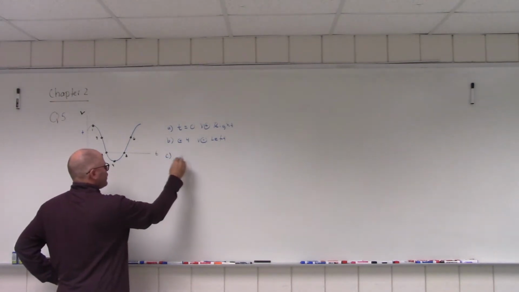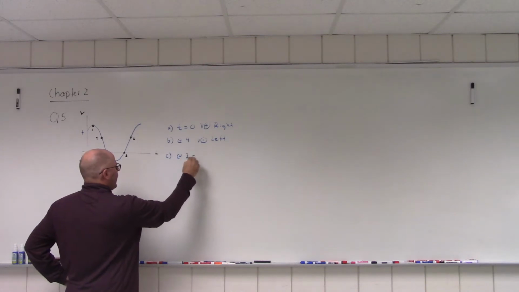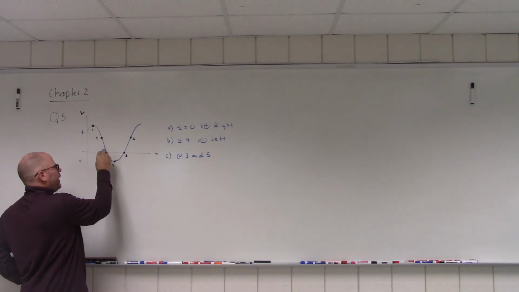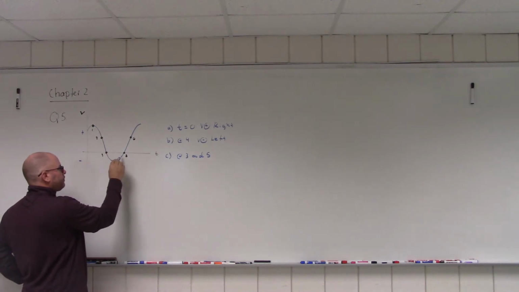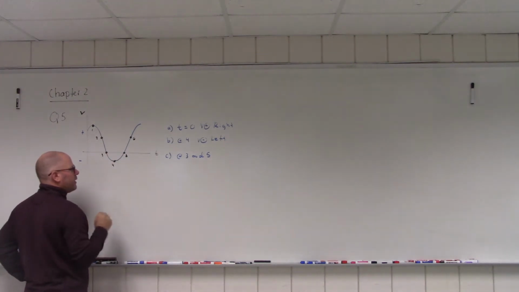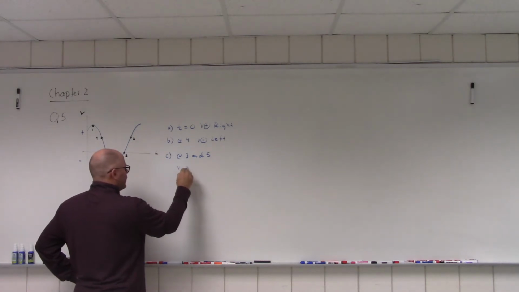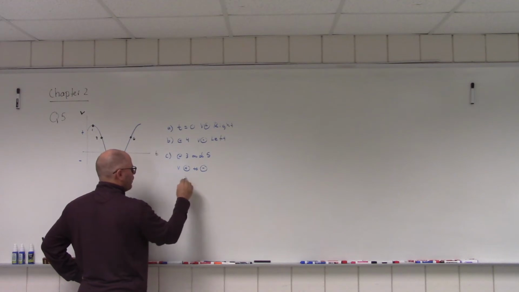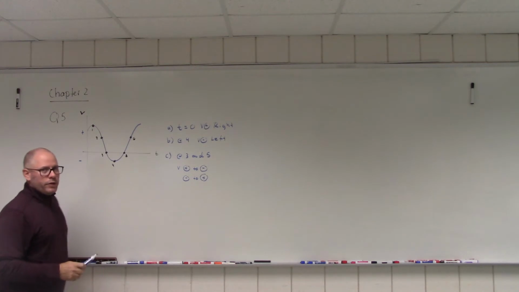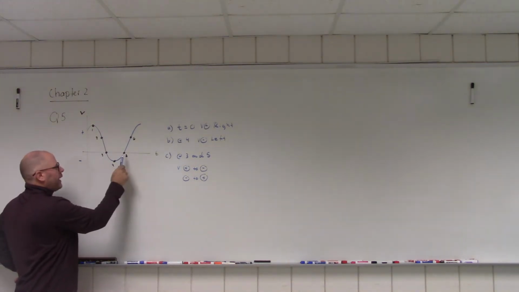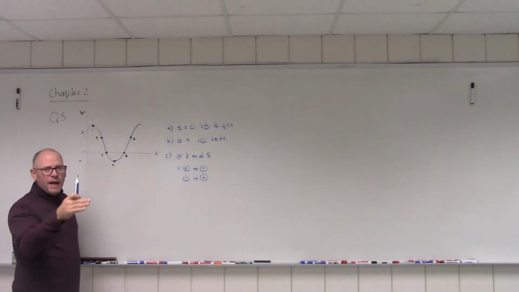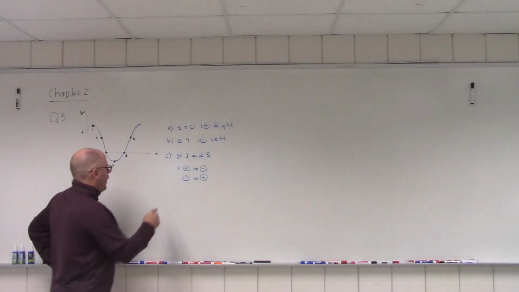So C says it reverses direction, and that's at 3 and 5. Because what do we notice? At 3, it's going from positive to negative, and at 5, it's going from negative to positive. So velocity goes from plus to minus, or from minus to plus. Another thing that's interesting is that 3 and 5 are both on the t-axis, so at both these locations, the velocity is 0. And if you want to switch directions, you have to stop and then switch directions. And D,